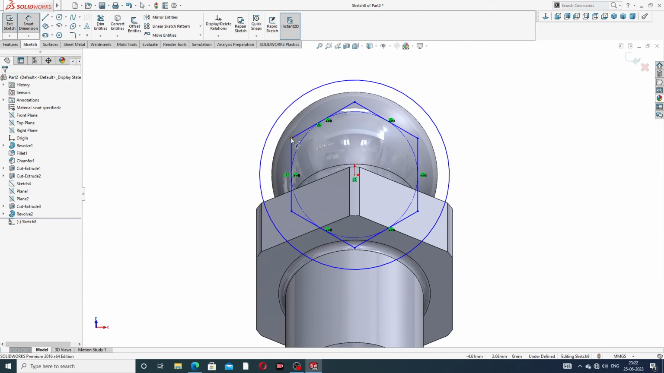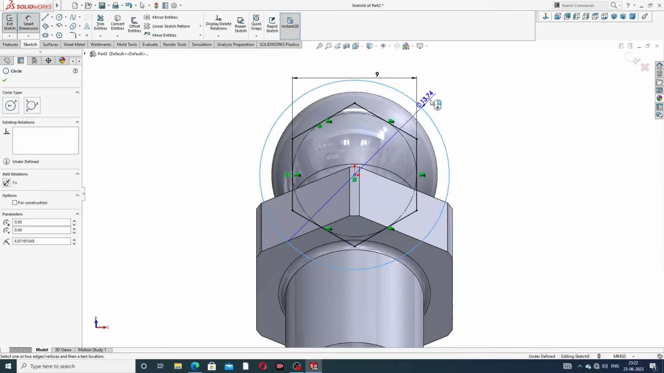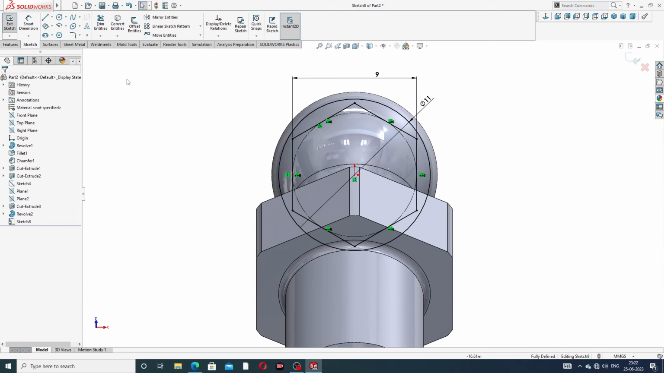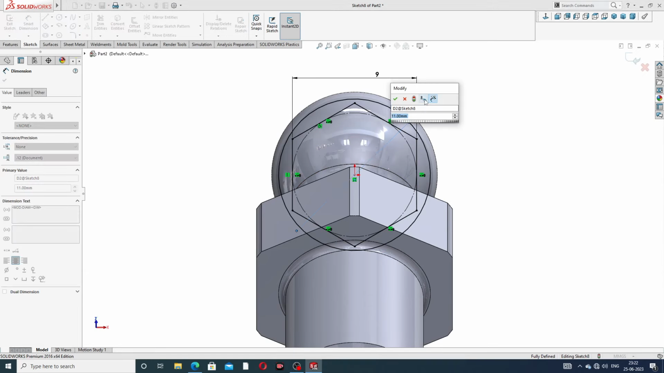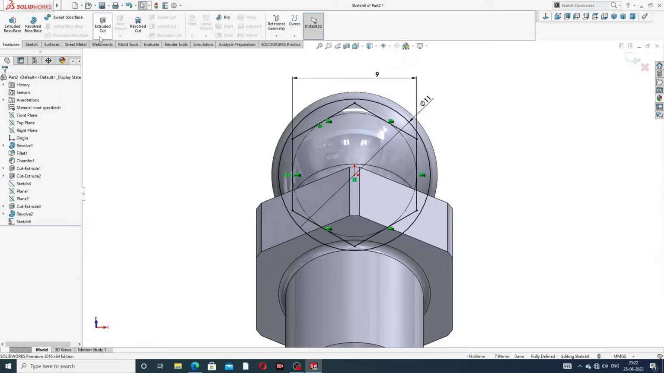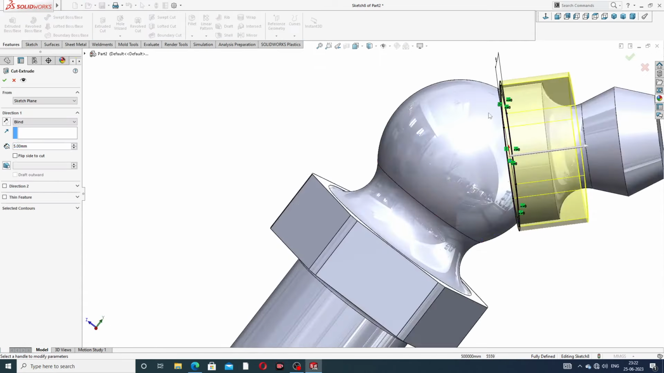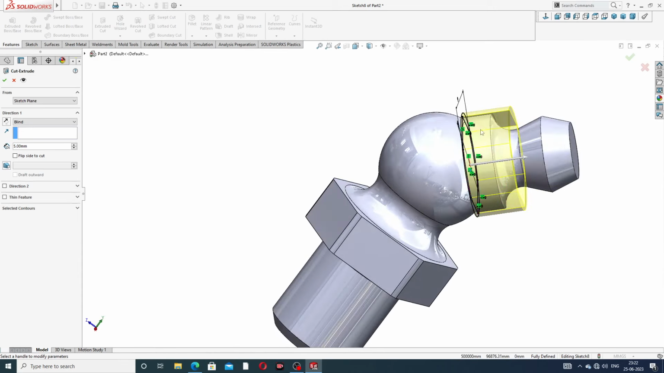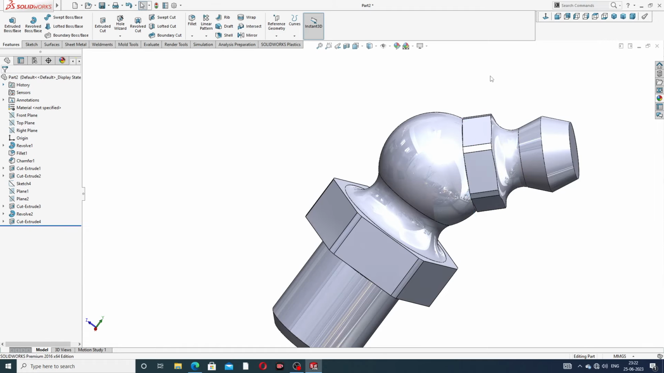and use this. 9mm is perfect, and this use 11mm is perfect. Okay, and 12mm is better. Okay, 11 is perfect. And use extrude cut. Extrude cut, use this and click OK. Okay, this is better